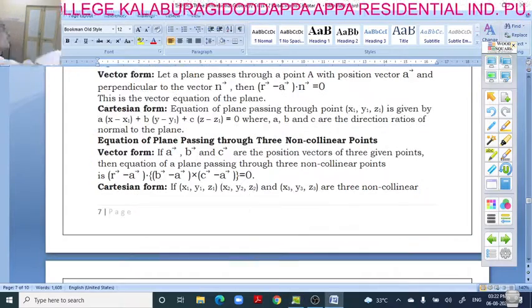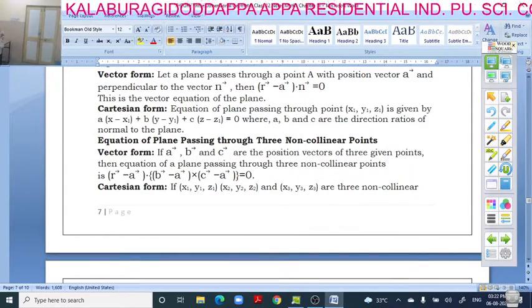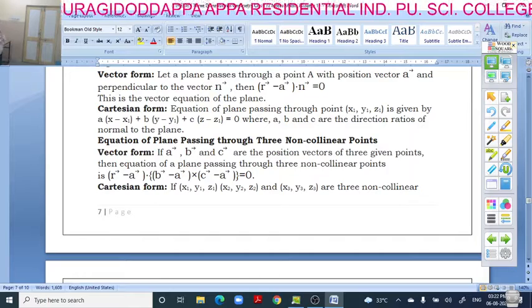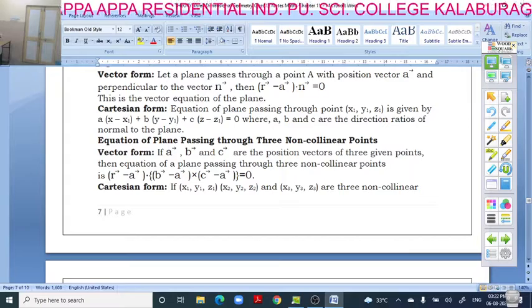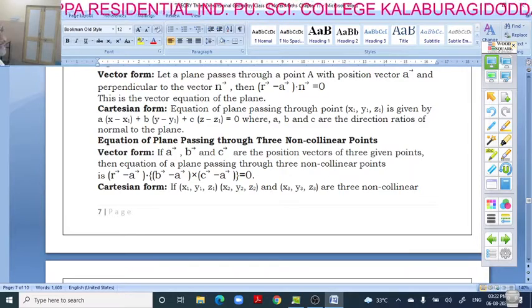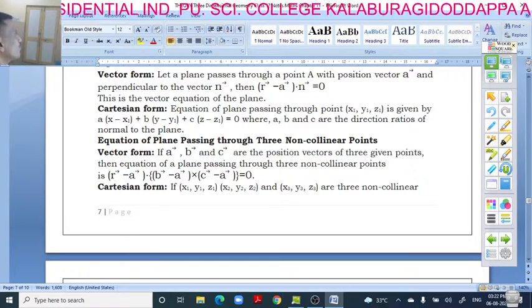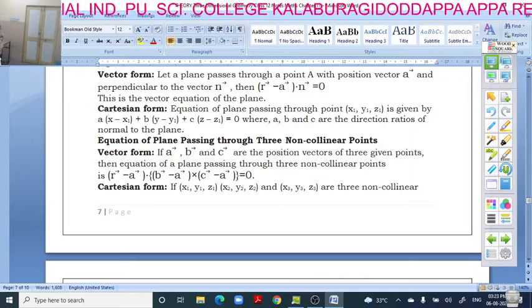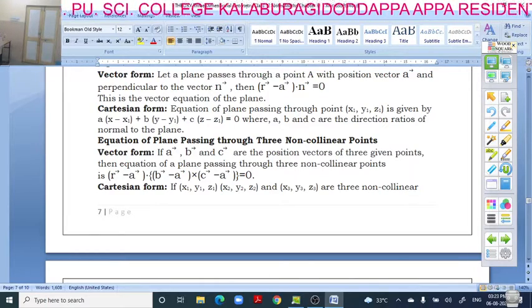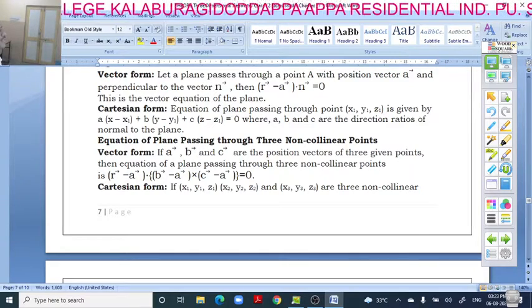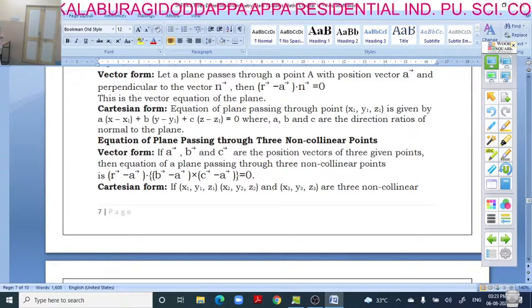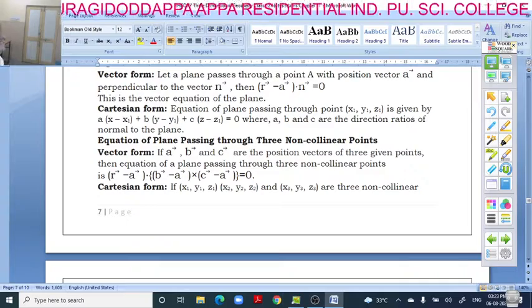So next, equation of a plane passing through three non-collinear points. That in the vector form is, if vector a, vector b and vector c are the position vectors of three given points, then the equation of the plane passing through the three non-collinear points is (vector r minus vector a) dot product of (vector b minus vector a) cross product of (vector c minus vector a)